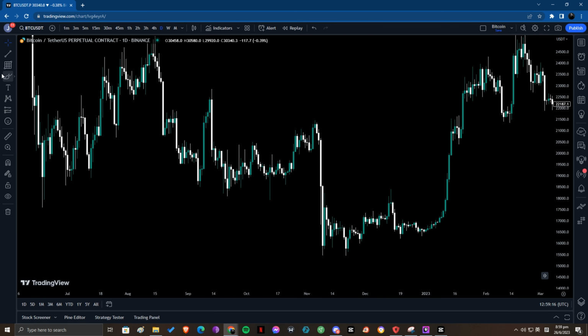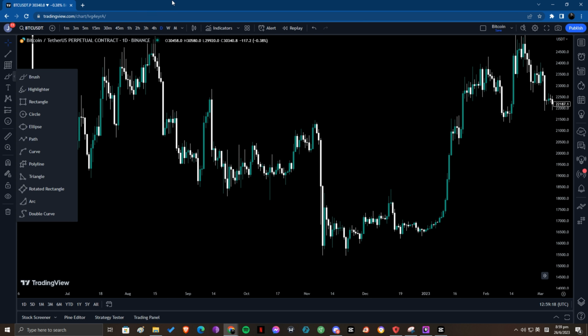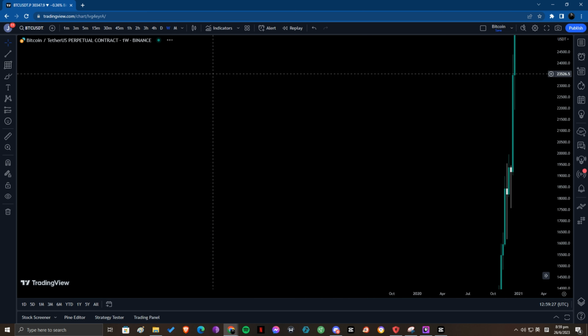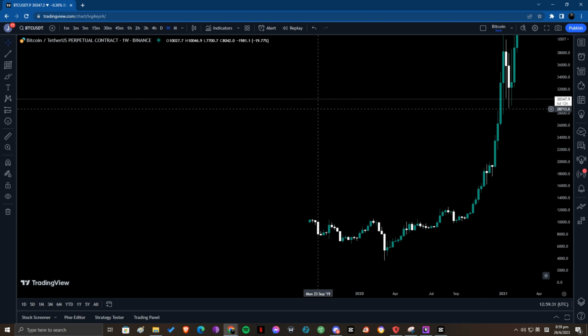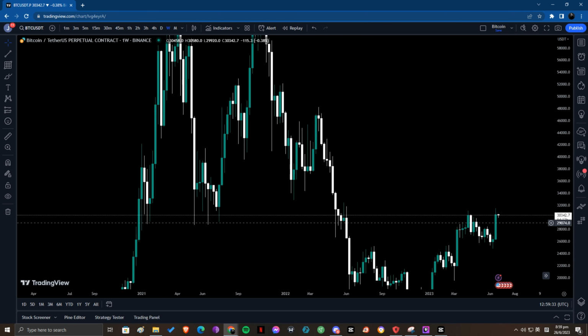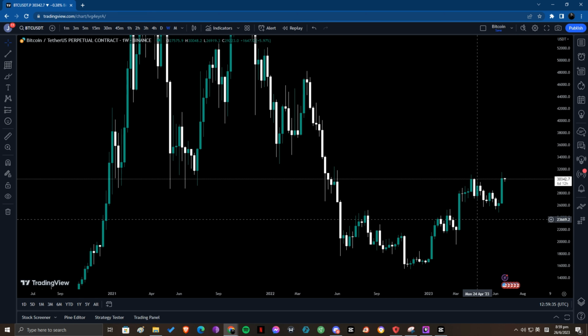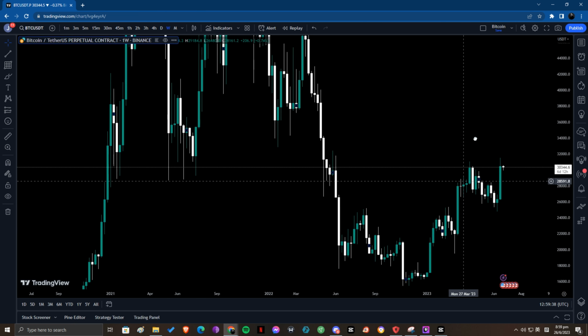So this is when order blocks is important. You have to apply and switch between different time frames. You don't want to stick to one time frame. My advice would be to start with the highest time frame you have, which is probably the monthly or the weekly. It's pretty much the same. I would not say there's too much of a big difference, but I would say it works.